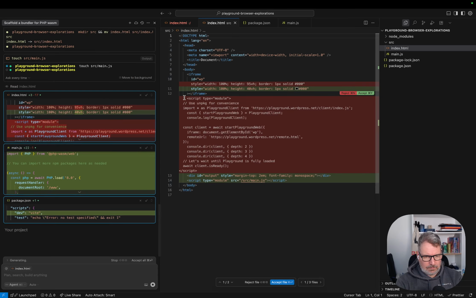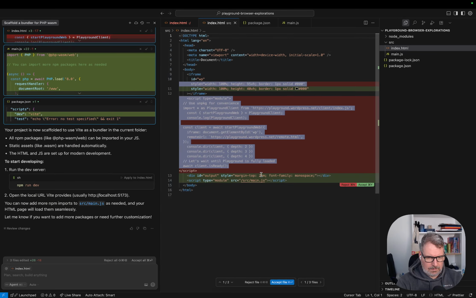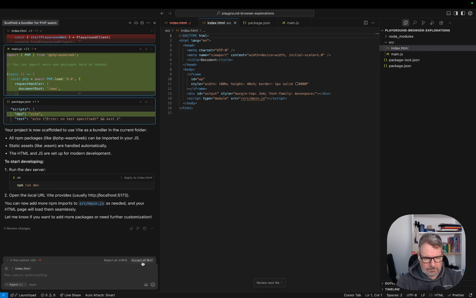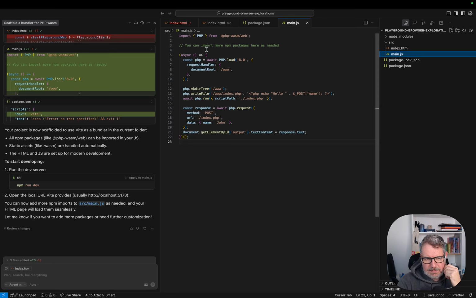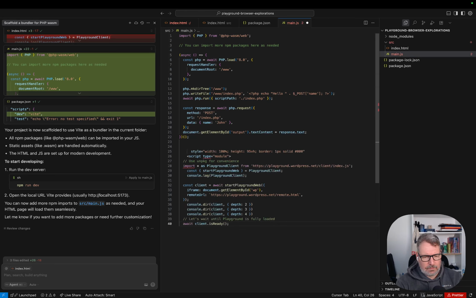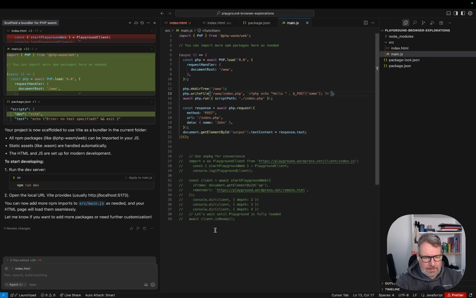Okay, very good. Okay, so we have the iframe, it's loading the main.js. Here. Now,